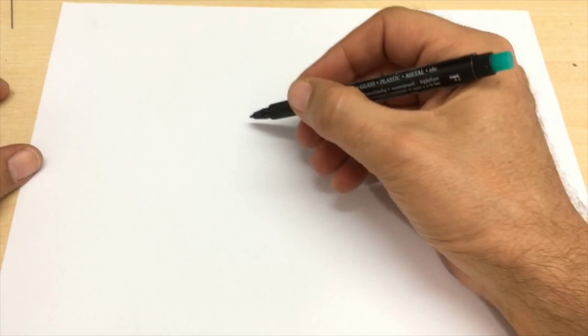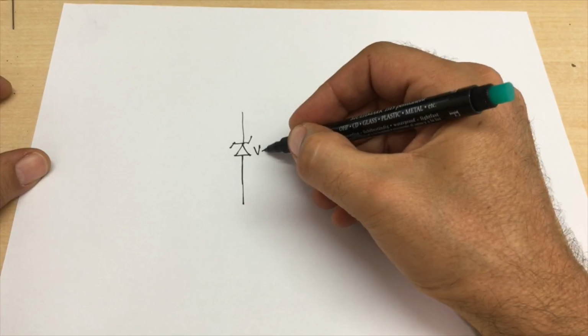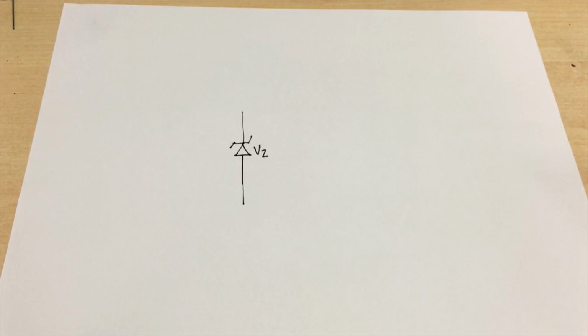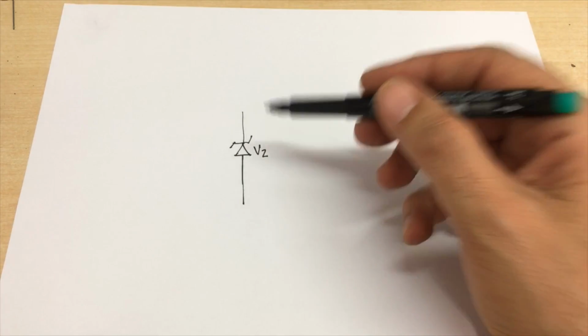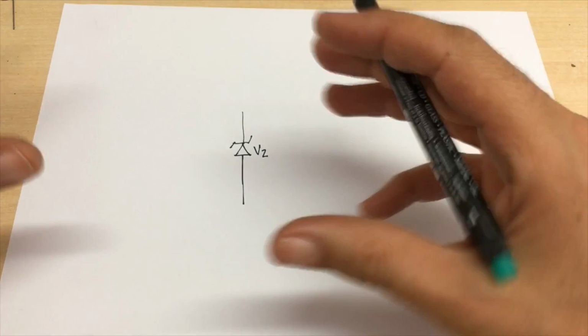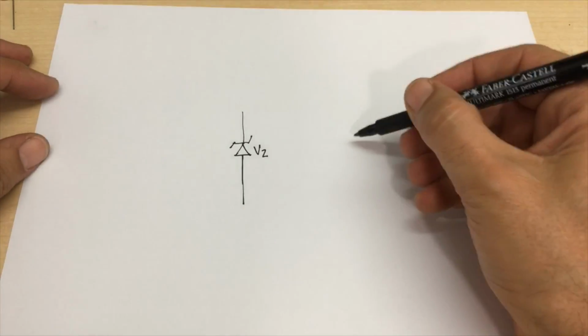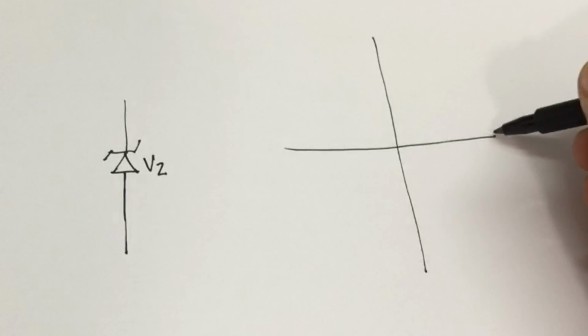Now if you take a Zener diode, it has a breakdown voltage Vz, which you don't know what it is, and you want to measure the breakdown voltage. You want to determine experimentally what that voltage is. You have to understand what you're doing, and what you're doing is, if you take a current versus voltage graph